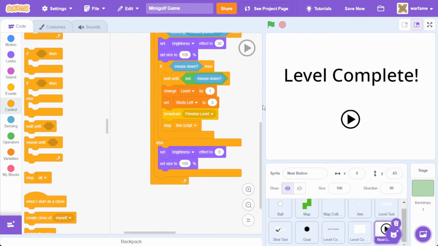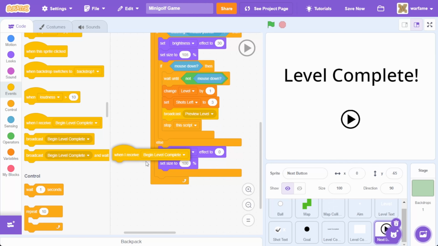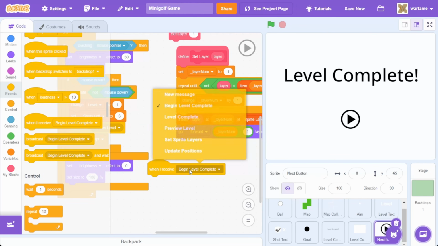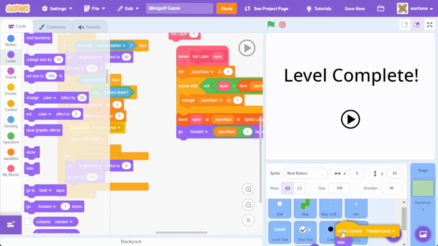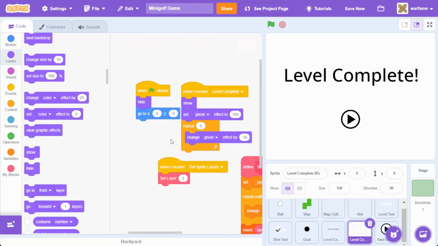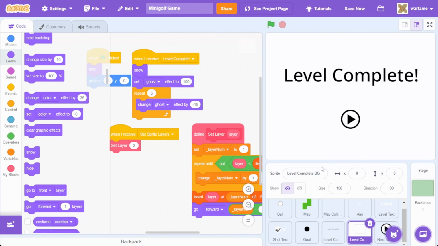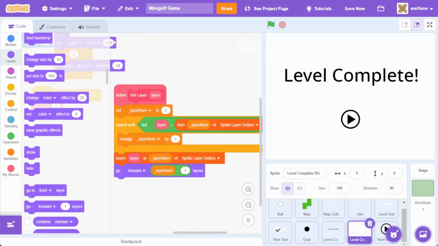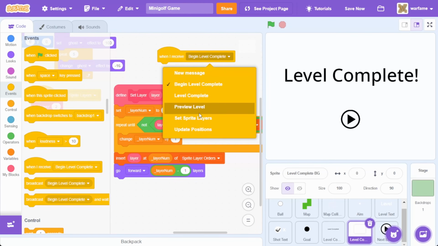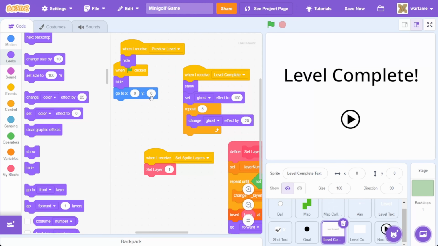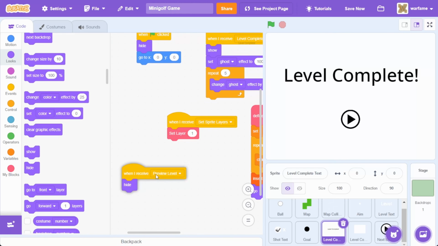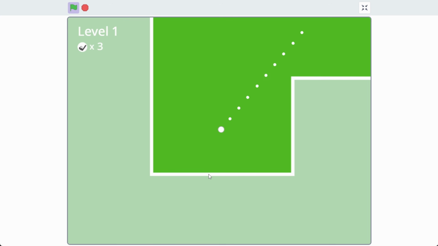And now I want the entire next level screen to hide once we receive the preview level message. So inside of events, let's drag a when I receive preview level, let's simply hide. And I'm going to copy this into the other level complete sprites. So inside of level complete background, let's do when I receive preview level, then hide. And same for our level complete text. Cool. So now if we just try this out,